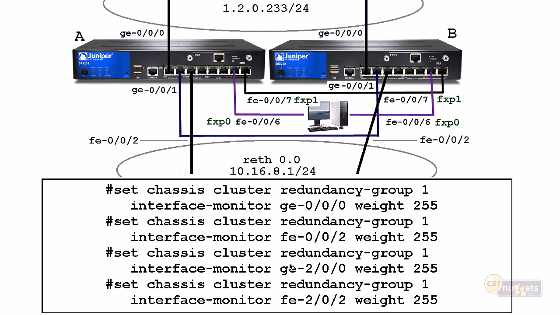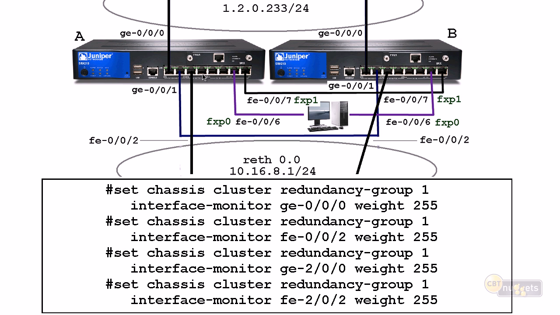Then we'll set the chassis cluster redundancy group 1 for interface monitoring on gig E200. That's this interface right here. Remember, it will assume the gig E200 once we configure this cluster. And then, of course, the other interface, you can see it's kind of coming down at an angle here. This was interface fast 002, but now it's interface monitoring fast 202. Make sure you give it all the highest weight. Okay, so we have to set that up to do interface monitoring so that we can know if we have